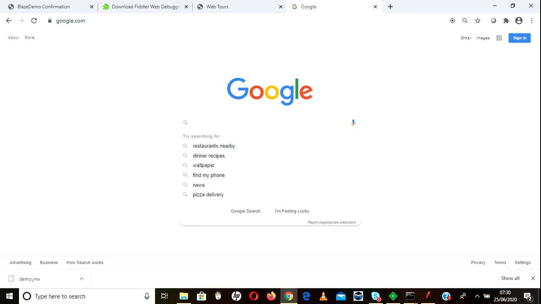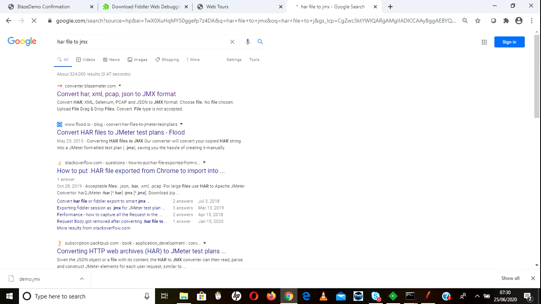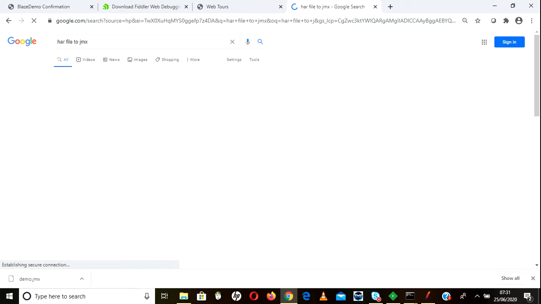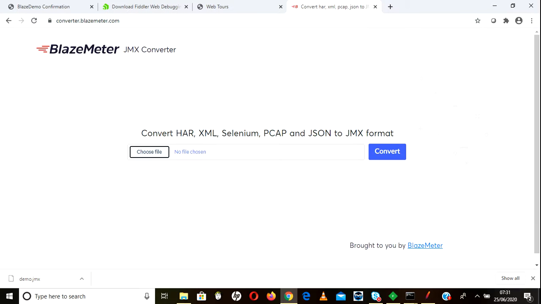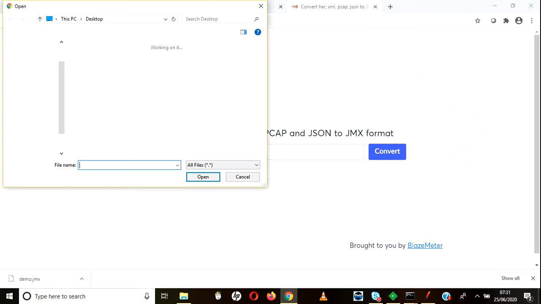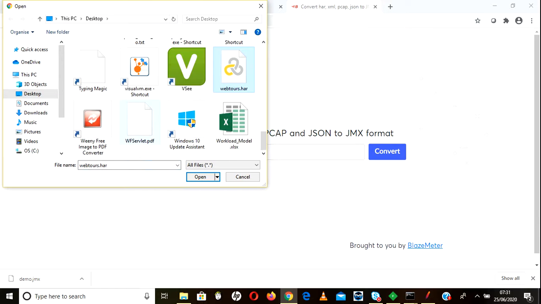Once you get the HAR file, to convert it to a JMX file, just go to convert HAR file to JMX. Just click this one, the converter site, and browse that file. Select WebTours.